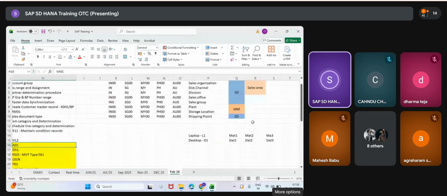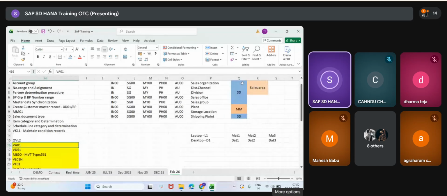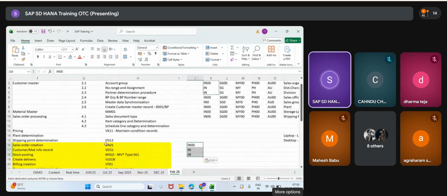Sales area, as I mentioned, is mandatory. They are going to use it while creating the sales order. Say they go to VA01. Suppose L1, this is the 10, this is the wholesaler through which we are selling, and L1 is the laptop division or desktop division. They will enter like that.